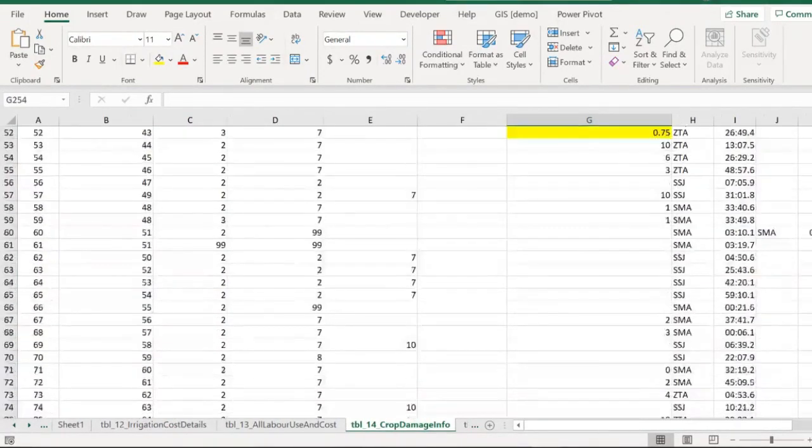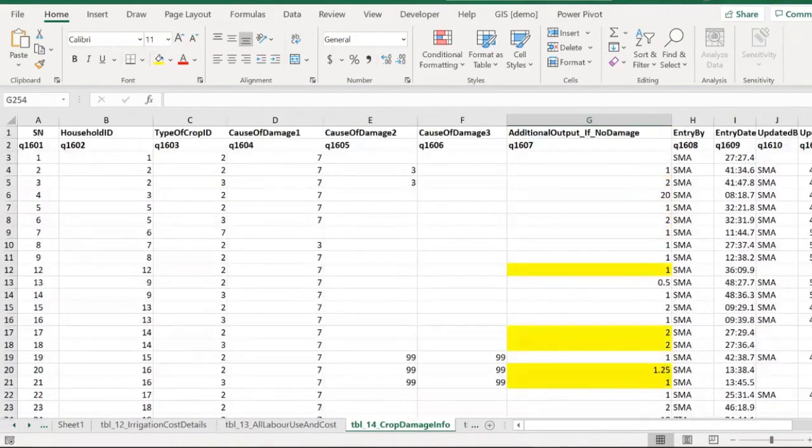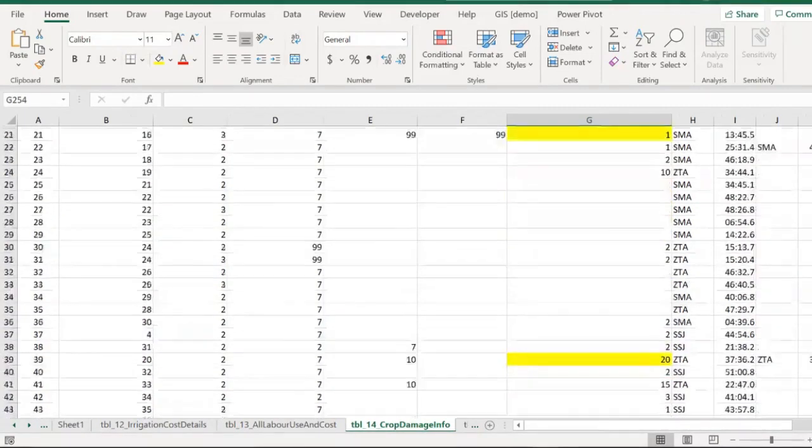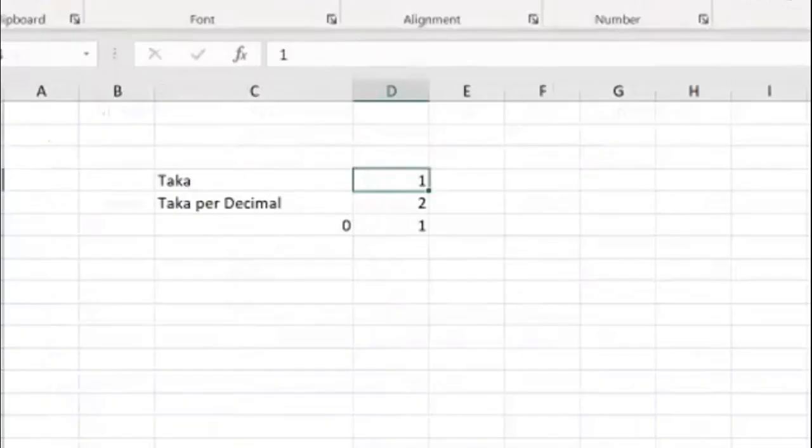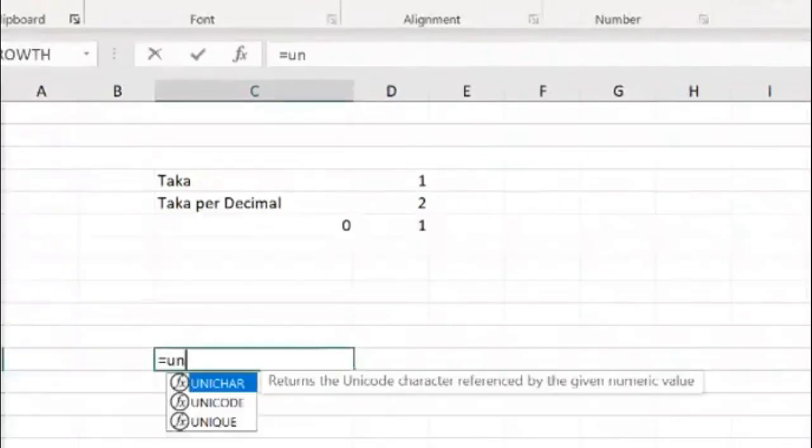So you said, for example, who has entered the data? I don't know how many people collected. So if I want to know how many people collected, all I have to do is create a dummy sheet, and I say here, unique,